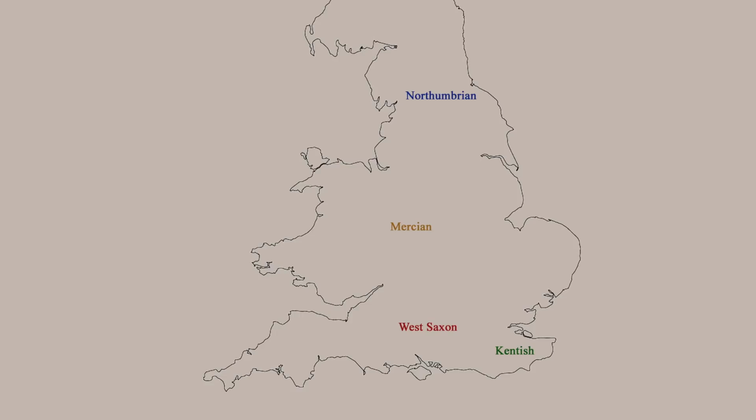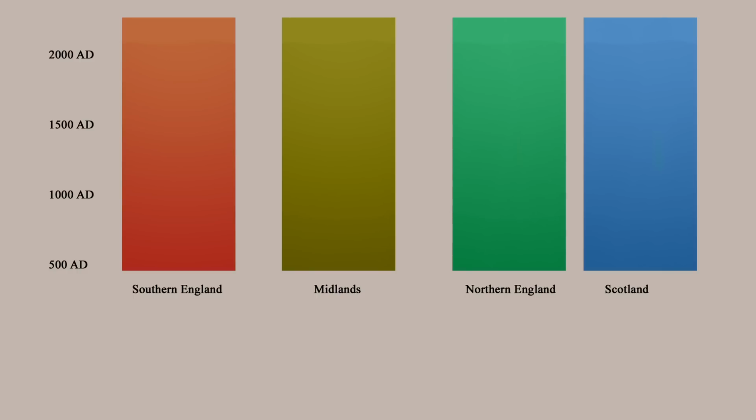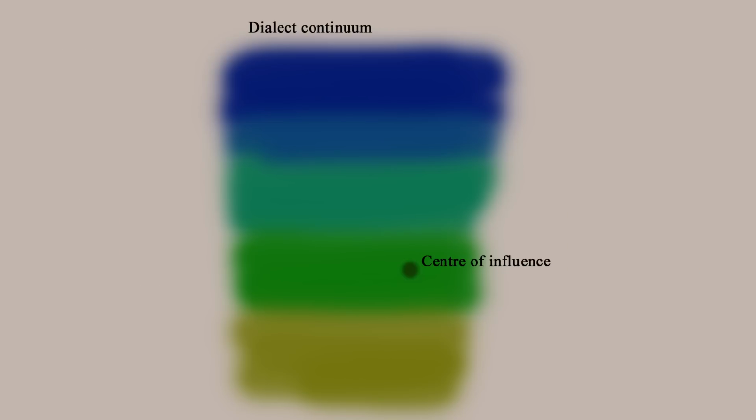But what we mustn't do is imagine that the Old English regional differences were the same as modern regional differences. So for instance, Northumbrian Old English was not just Old English with a northern accent, or it was, but it wasn't what we would see as a northern accent nowadays. And that's because there's not a linear progression in each individual place from the Old English spoken there to the modern English spoken there. It works in a much more kind of diffusionist way, so changes spread from centres of influence.